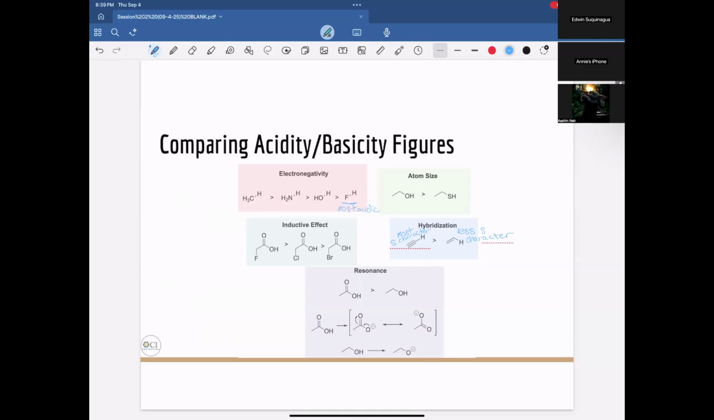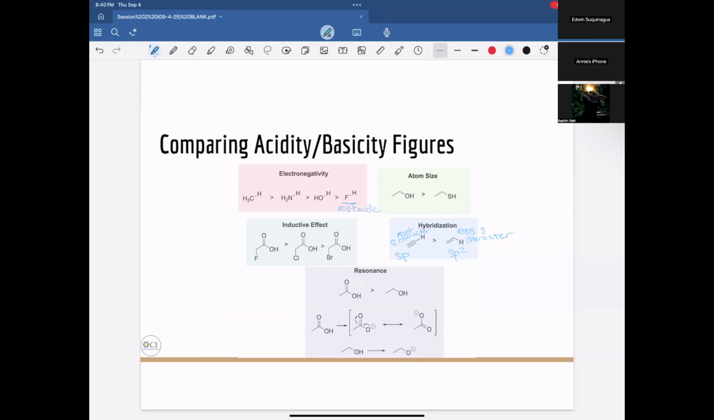Right, and that's because we have SP versus SP2. And then over here, when we have more resonance capabilities, that's always going to stabilize our conjugate base and make it easier to lose those protons, making it more acidic. So here, if we have a carboxylic acid, if we remove that proton and we're left